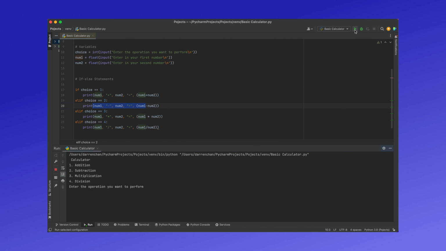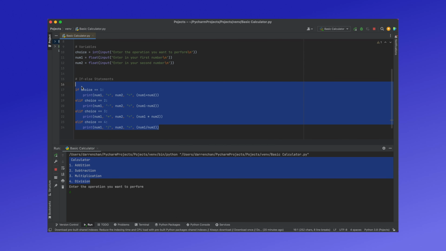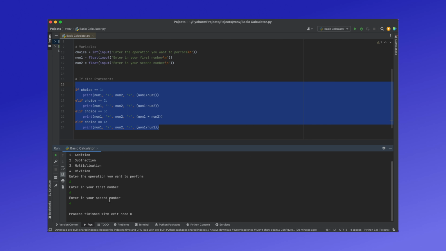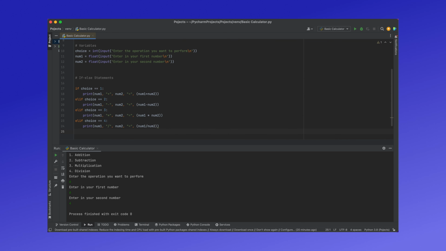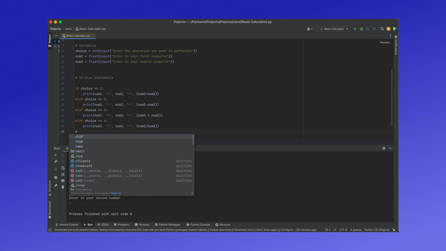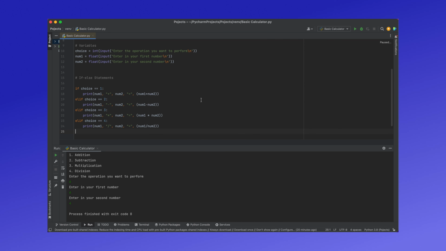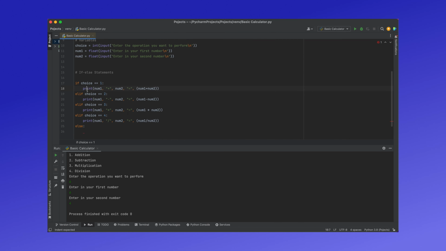Now, something that could happen is what happens if our user enters something like 6, and as we can see here, that's not in our elif statements. So our program might not know what to do. So even though it continues, it will print out nothing because none of this matches, because we did not have choice 6. So to prevent that issue from occurring, we can just do else. So if none of these conditions are met, so if none of the choices are equal to any of these 4 numbers, we can have it print,